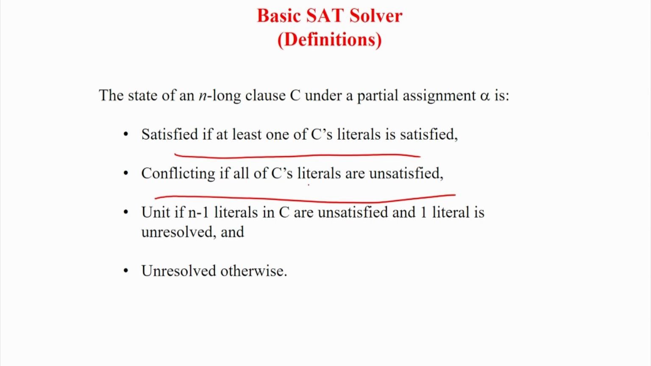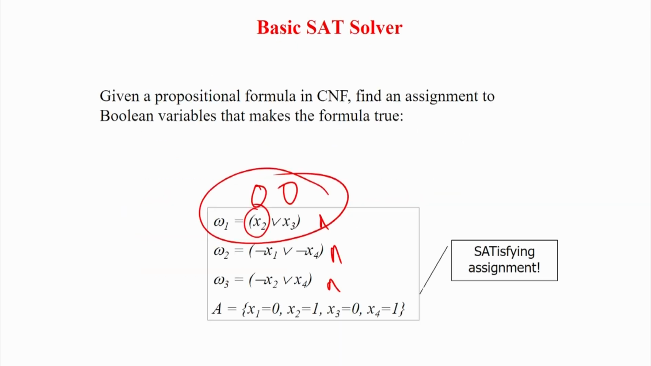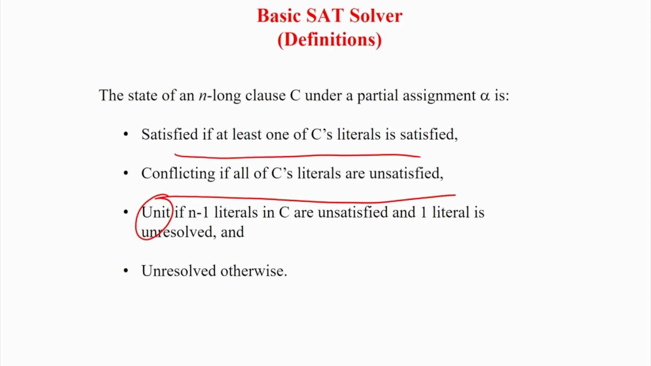There is another case that is called unit. Unit means that at least one literal you have not assigned, any one of the literals is not yet assigned, and all the others are conflicting. That means this one is basically the unit, it has to be true to make the clause true so that the overall formula is satisfiable. So unit means the last remaining literal, and unresolved means some of the Boolean variables have not